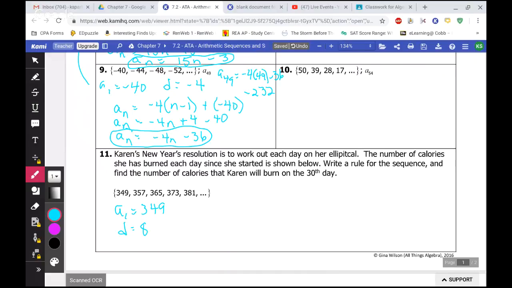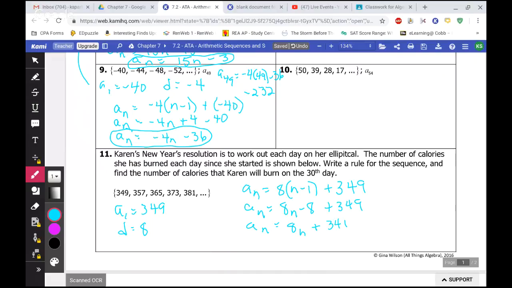So using the same formula that we've had, we're going to come up with the rule by plugging in the common difference times n minus 1 plus the value of a sub 1. And now we'll distribute the 8 throughout the parenthesis. So our rule is 8n plus